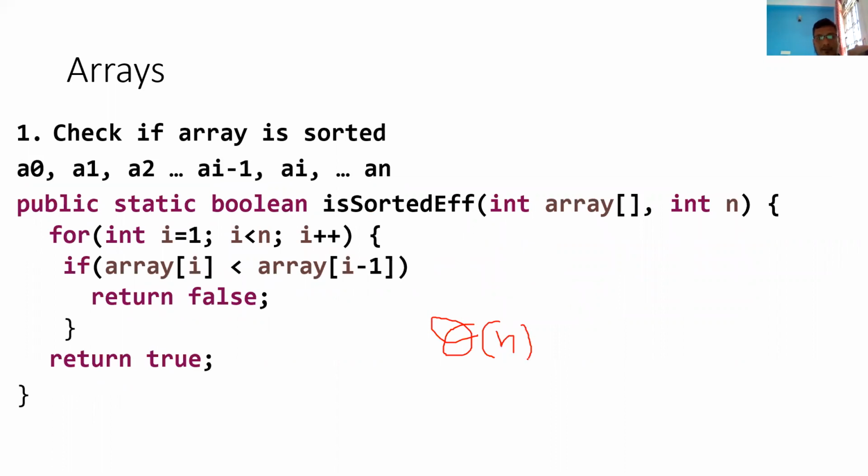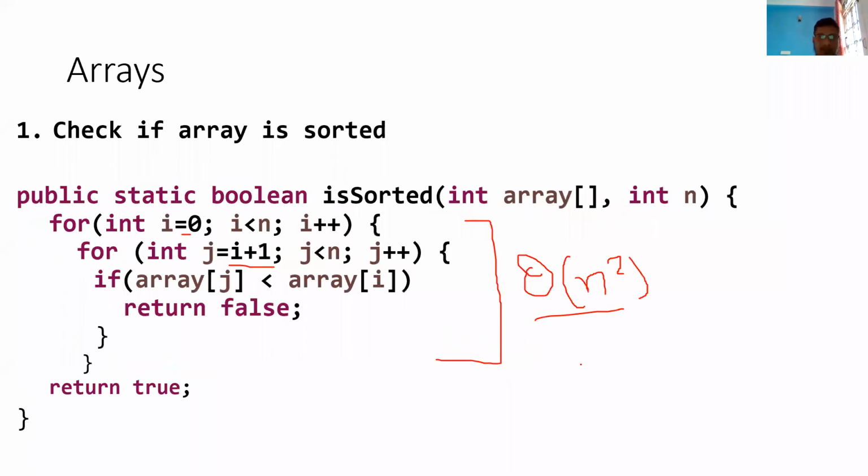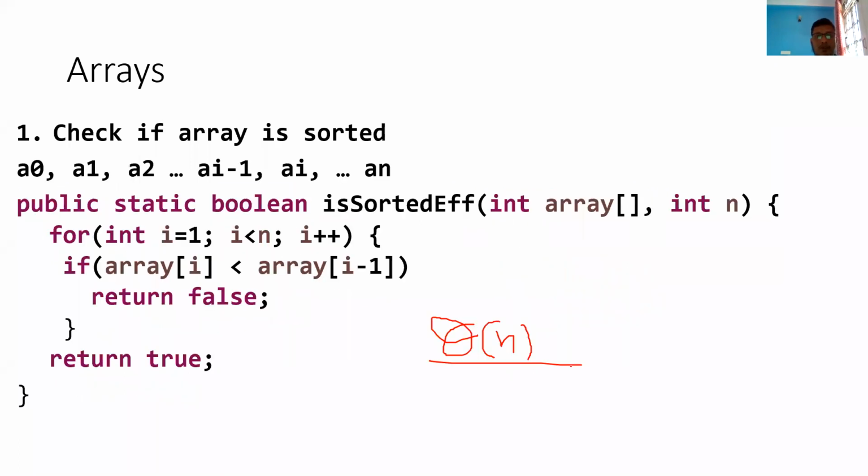Here we don't have a best and worst case scenario. We have to iterate over the whole array and do the comparison with each element. But we are not comparing with all the elements here, we are comparing just with the adjacent elements. So that is the reason this will be theta of n. This could be a nice interview question on how you can improve the algorithm. Generally people will think of the naive approach and go with similar techniques, but there always exists a better solution. The better solution is this theta of n.